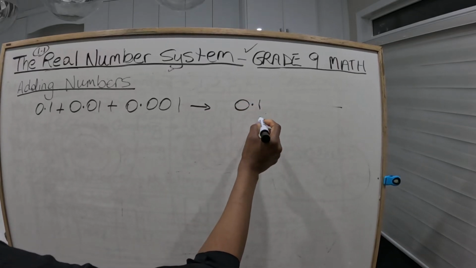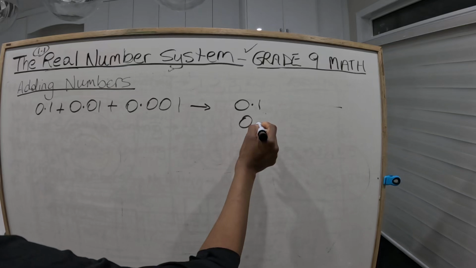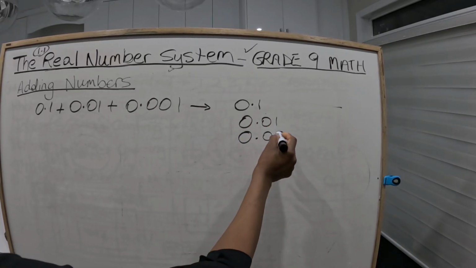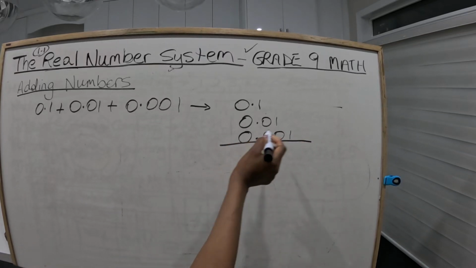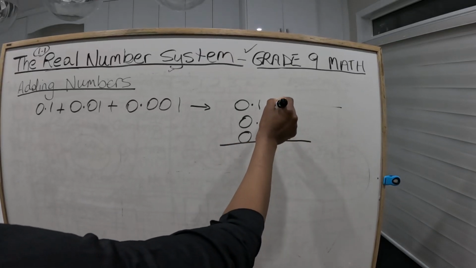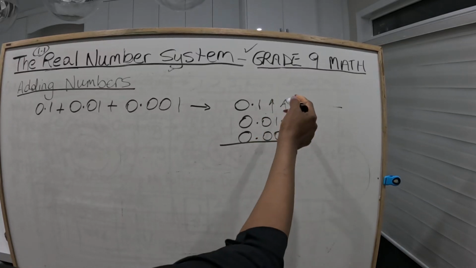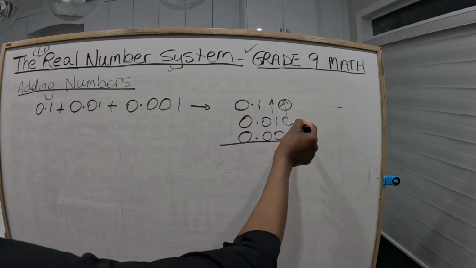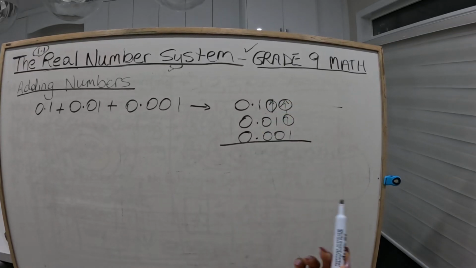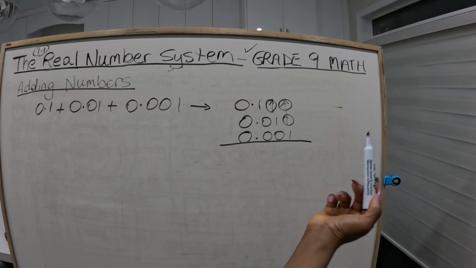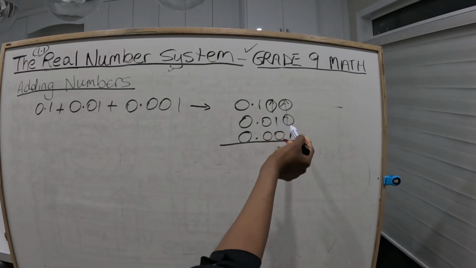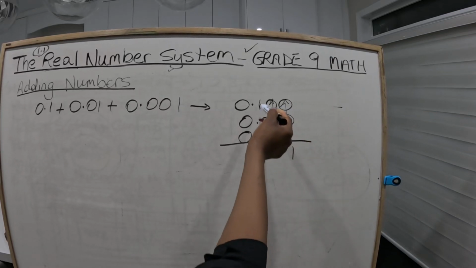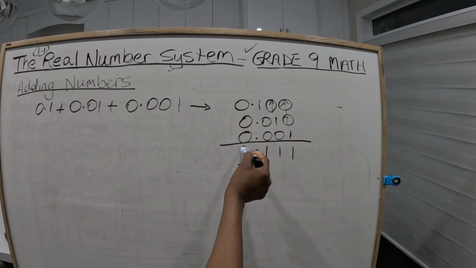0.1, 0.01, 0.001. So you have nothing up here and nothing up here. So you just pretend that they're zeros. So you just pretend this is a 0, this is a 0, and this is a 0. Just as a place to fill the space. So you add this way, 1, add that way, 1, add that way, 1. So the answer is,